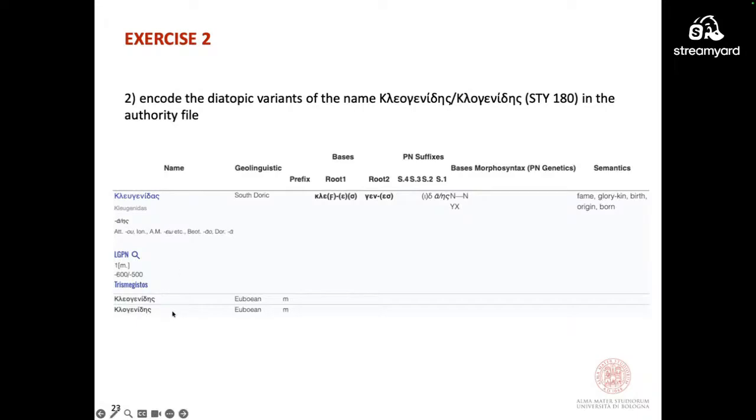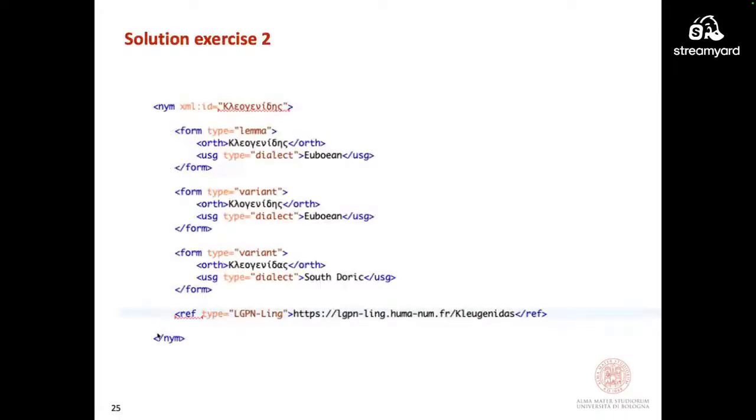On the tablets, we find Ionic variants, both Cleonides and Clonides. And also in this case, you find the file without the solution, and you also find the file with the solution, but I'll look into it later.